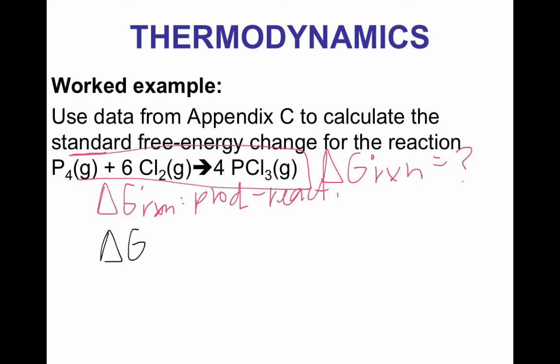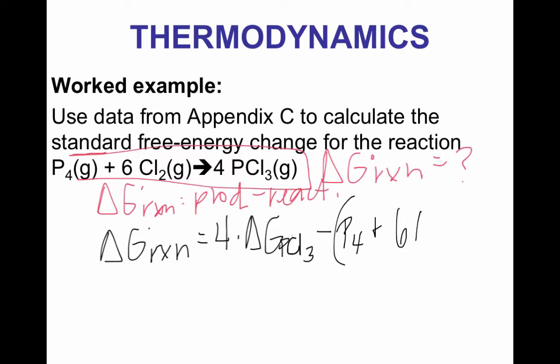So delta G of reaction equals, okay, 4 times the delta G of PCl3 minus the reactants. So we have P4 plus 6 times the delta G of Cl2. Now we want to look up these values in Appendix C. So 4 times the delta G of PCl3, if you look in Appendix C under phosphorus, it shows us